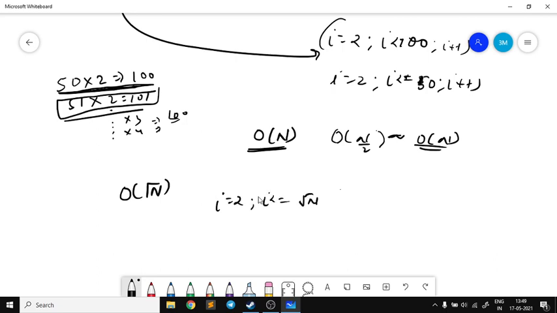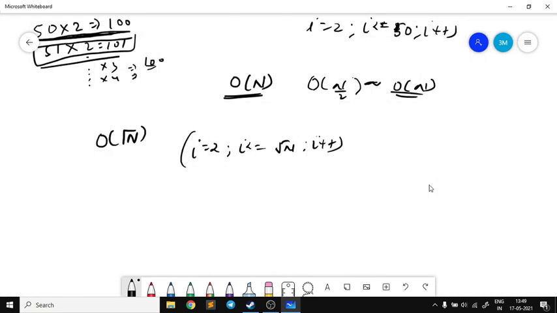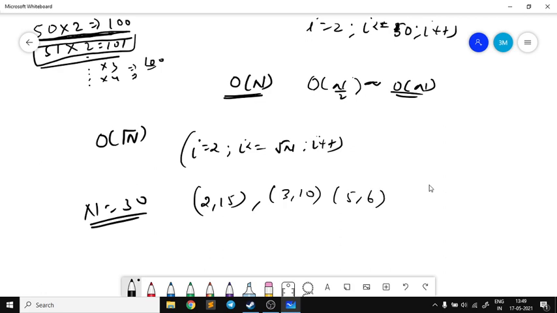This is because we know that the factors, or divisors, of a number always occur in pairs. For example, if I take n equal to 30, let us add all the factors or divisors of 30. So 2, 15, and after that 3, 10, 5, 6.